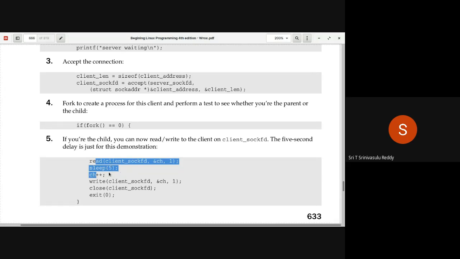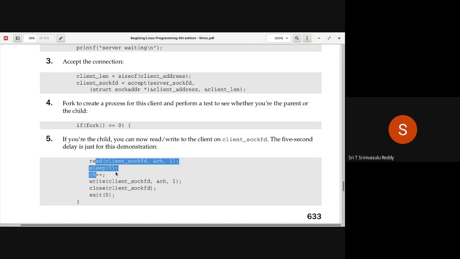Think of it as if the server and client are doing some job which takes some time. Maybe you have to connect to the database, get the data from there, do some calculations, and then give the reply. That kind of stuff. Not as trivial as reading a character and increasing the value and sending reply and all that. This kind of job can easily be done by the client itself. So you are basically simulating here.